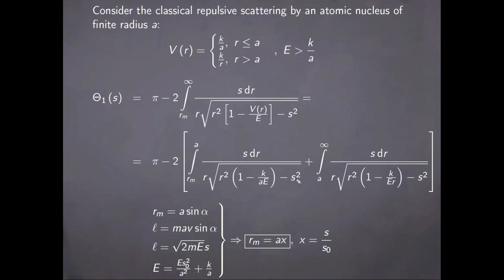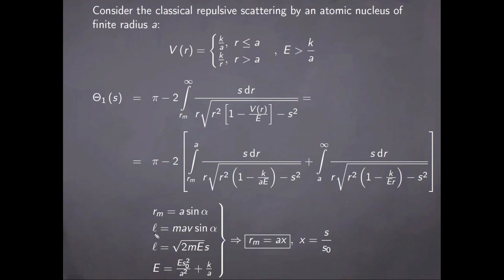And we need to now consider a few things. The periapsis radius is simply given by the radius of the nucleus times the sine of the angle alpha, which is seen just by drawing a small diagram. So for the first situation where the particle manages to get inside the nucleus, we can parameterize this ratio using the angle here, and then